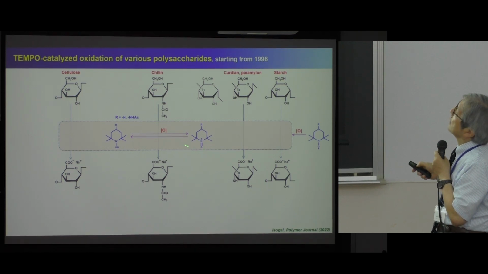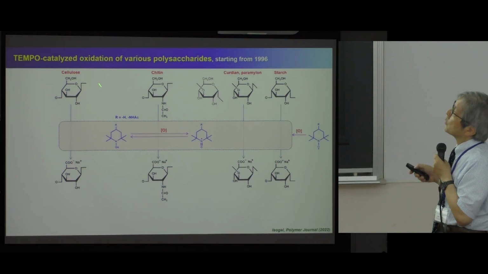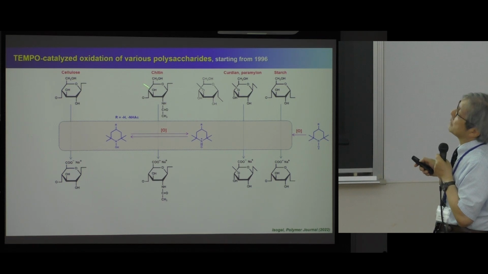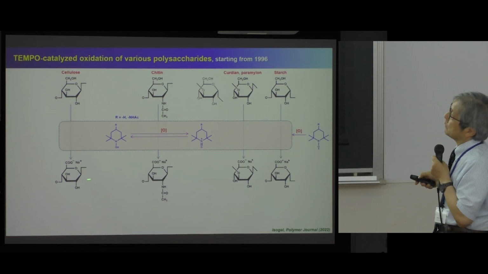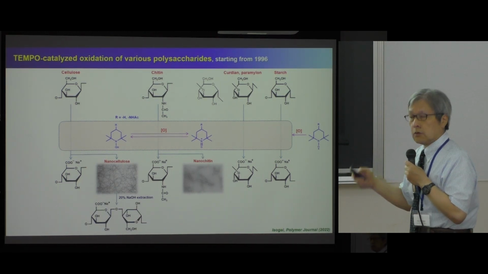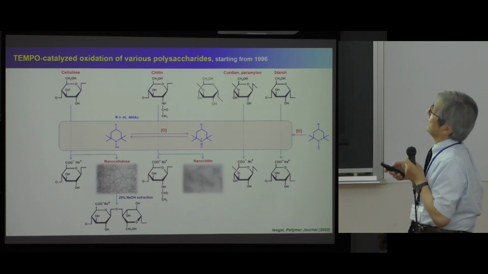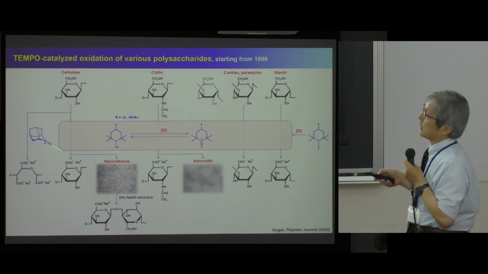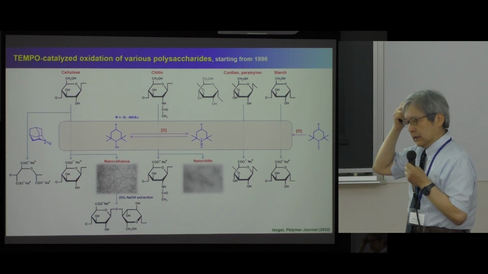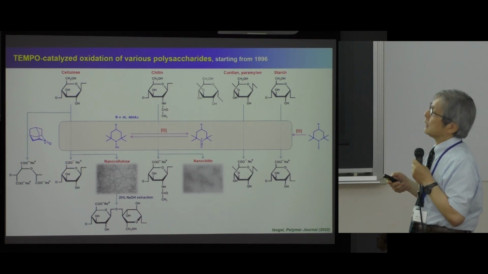the TEMPO-mediated oxidation. And expectedly, water-insoluble cellulose or chitin can be converted to water-soluble cellulose or chitin containing carboxyl groups. And also during this process, we found that by controlling the oxidation condition, you can get nanocelluloses and nanochitin. And in the case of this catalyst, it was developed by, I forgot his name, but in Tohoku University, faculty of pharmacy,